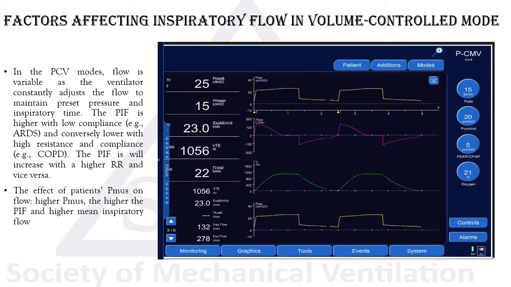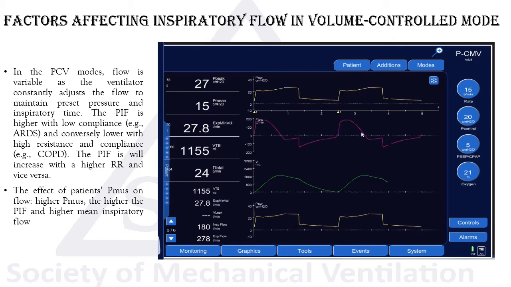I want to show you the effect on the flow waveform. So here the patient will be breathing really hard, and I think most of us can appreciate this concave shape here. Just by looking at the flow waveform on a real patient, you can tell that the patient is working hard without calculating the P mus, which needs an esophageal balloon, or the work of breathing or anything. Just by looking at this, especially in the pressure support modes when the patient is in weaning, you can tell that